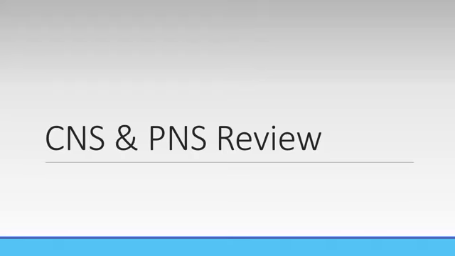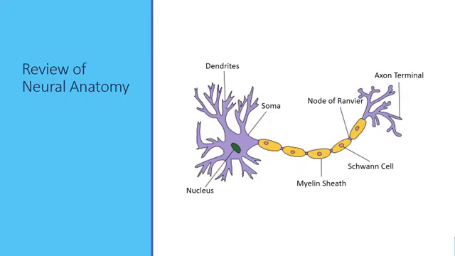Let's start off by reviewing the central nervous system and peripheral nervous system. As a basic review, we're talking about components that involve nerves. So here's your nice review of the neural anatomy with your dendrites, the nucleus, the cell body, obviously the nodes of Ranvier with the myelin sheath, and then the axon terminal at the other end, the distal end of the